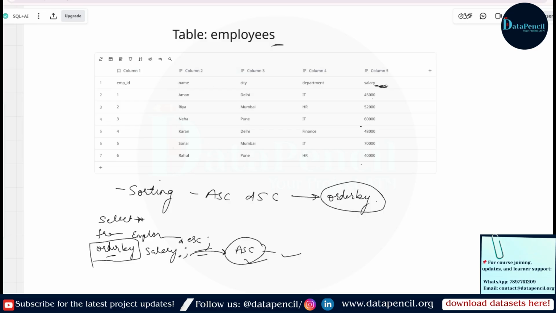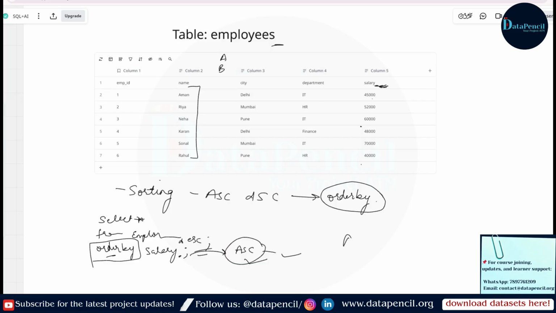Okay. Now you want to sort the name. This time your manager wants to see this data based on the name in alphabetical order. A should come first, B second, like we see in the dictionary. It means he wants you to sort this column in ascending manner.